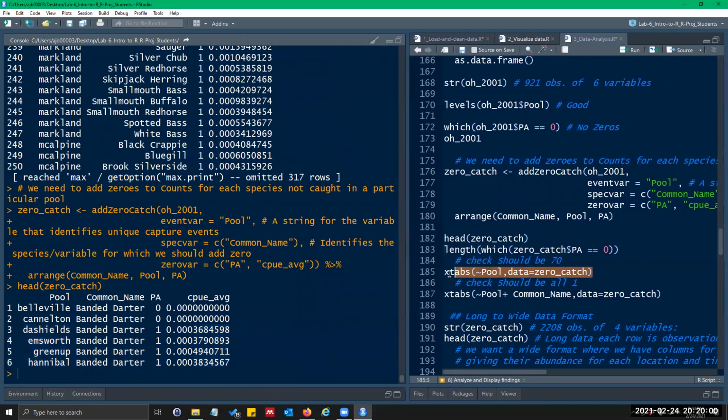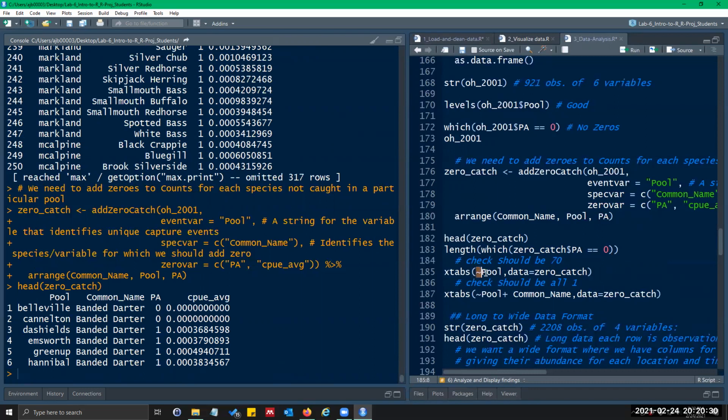And this xtabs command is a really good way to do that. It's a little more advanced way of making a table. The syntax is weird. It's just tilde pool and then data zero catch. And these should all be the same. What we're looking for is the same number, whatever number of species we have. In this case, we have 70 species for each pool.